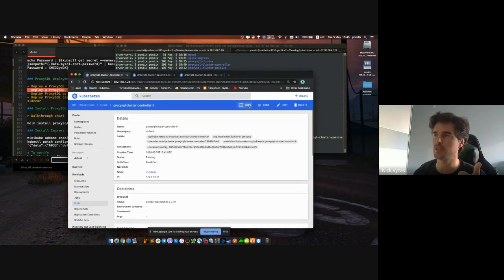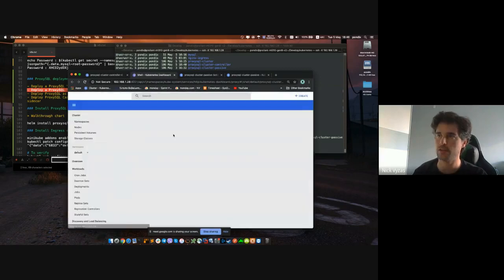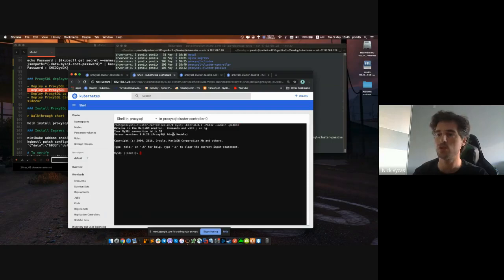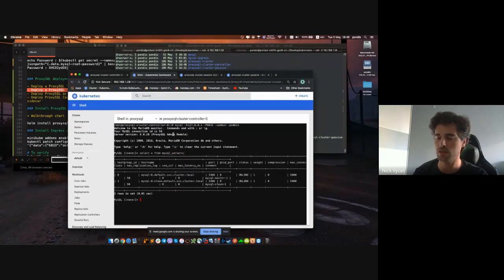Just give it a second. And I can also open a shell through command line, but I really like this web user interface. It feels great. Copy paste doesn't work very well, but it's useful just to quickly get to your server. So let's start from MySQL servers. Update MySQL servers. The comment equal to